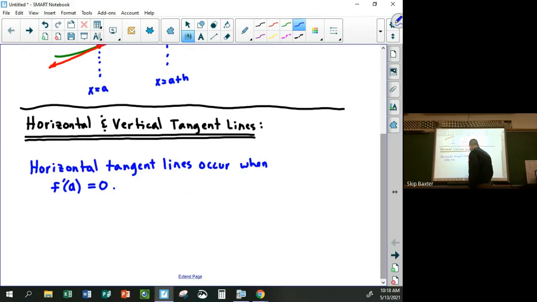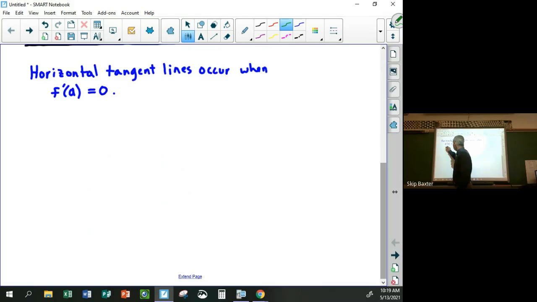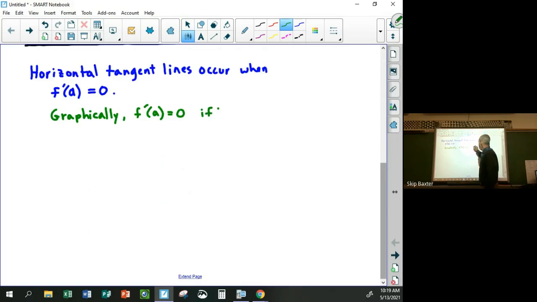Now, graphically, what that might look like, there's a couple different options. Graphically, f prime of a equals 0 if